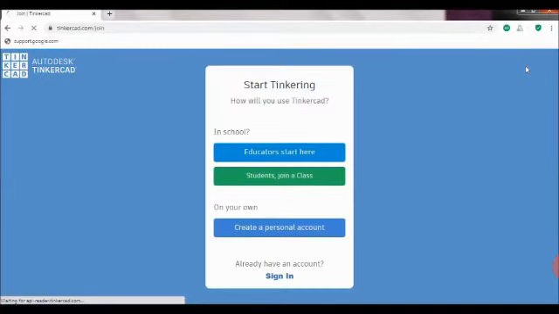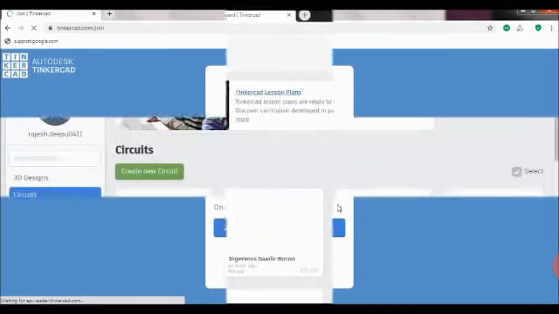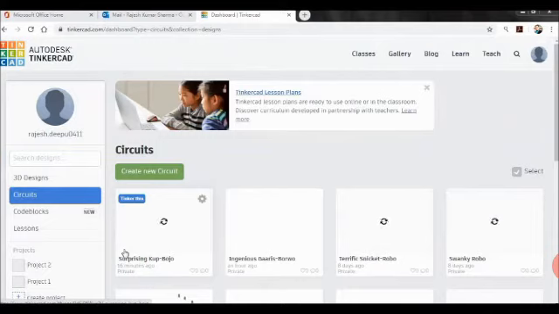and create a personal account. So you can see at the bottom, you must create a personal account, and for that we can use any ID. And after creating the login ID, and once you log in, you will come to the dashboard of this Tinkercad. Since I have already created the login ID, I am already in the Tinkercad dashboard.